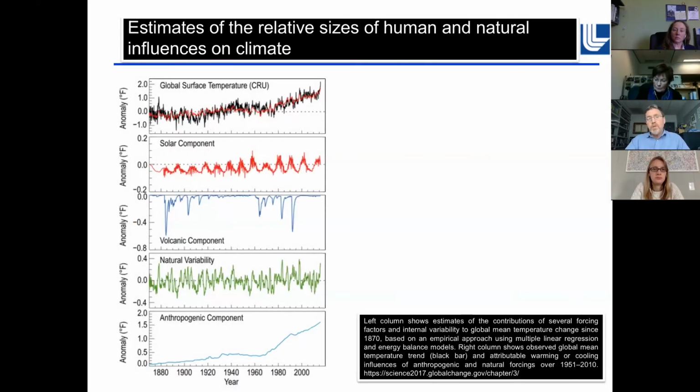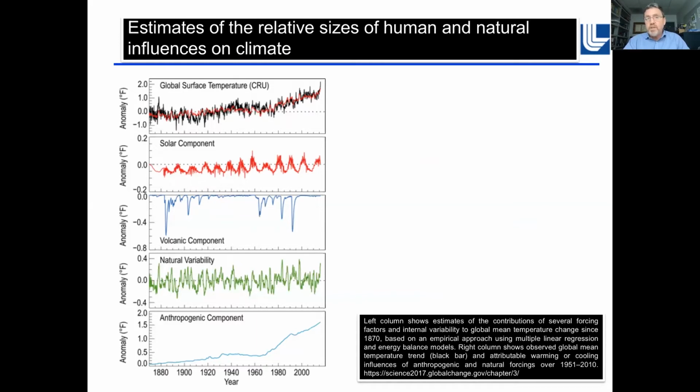So this is a figure from the 2017 National Climate Assessment, and it's an attempt to put it all together, to make sense of the information I gave you, to take what you see on the top panel, the estimate of global mean surface temperature change from roughly 1860 through to the present, and to partition that into a solar component. That's the red line. You nicely see that 11-year solar cycle that I mentioned earlier, but you see in that